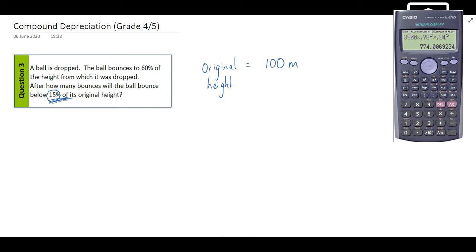So I'm going to start by just finding out what 15% of 100 is. 15% of 100 meters is going to be 15 meters. So I'm interested to see the point at which, after how many bounces, that ball reaches a height below 15 meters. So to do that, I'm going to do the original height,